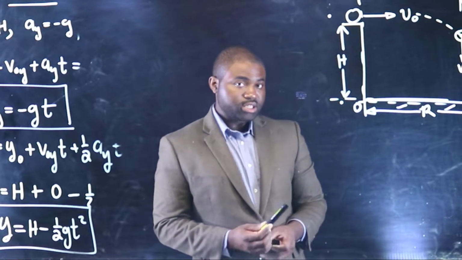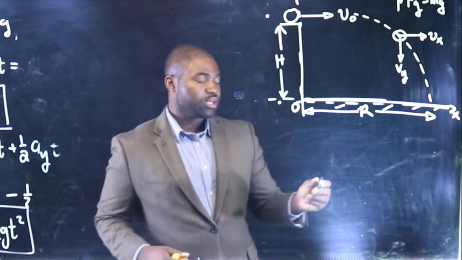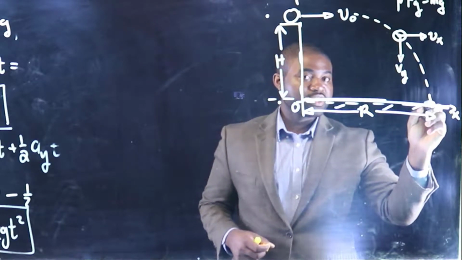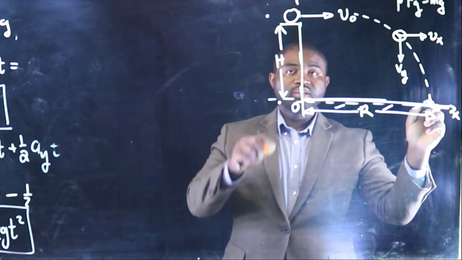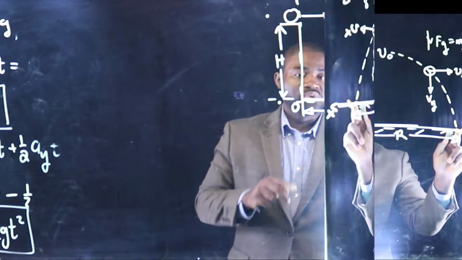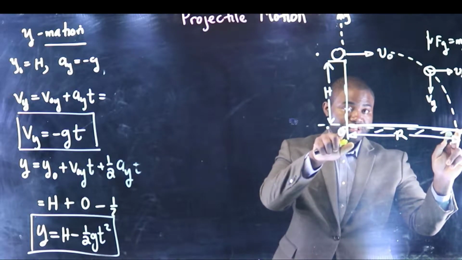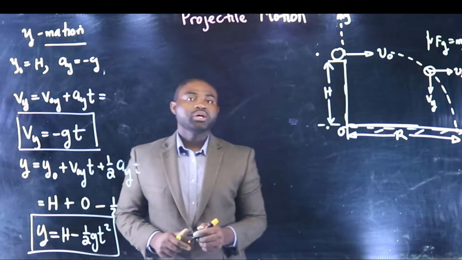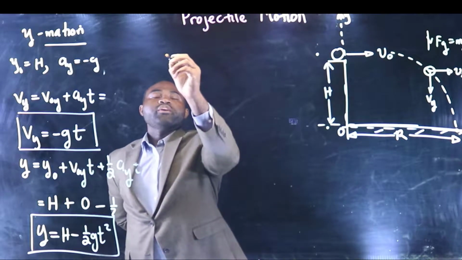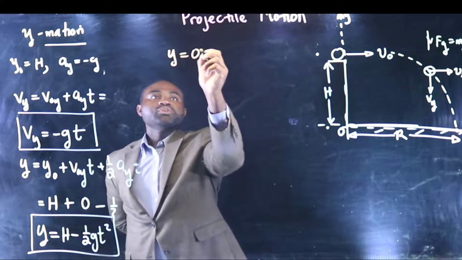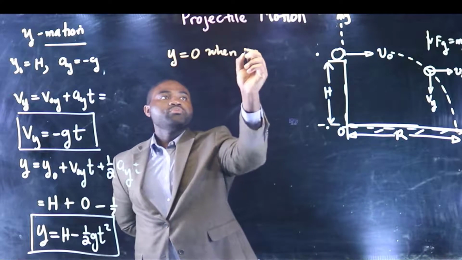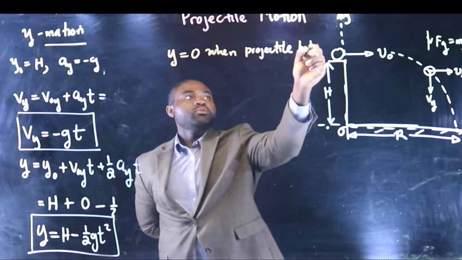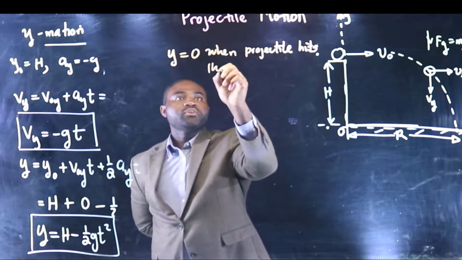Now, that is easy to see if you can realize that when the ball or the projectile hits the ground, obviously y is 0 because this is the origin, if you can see that. So if y is equal to 0 when the projectile hits the ground,